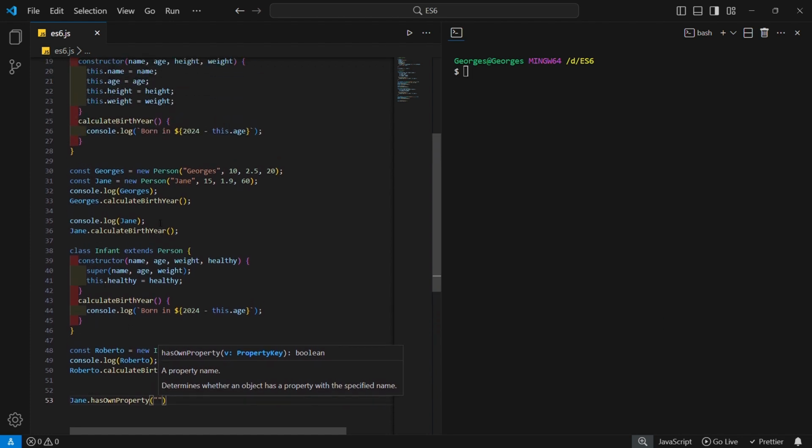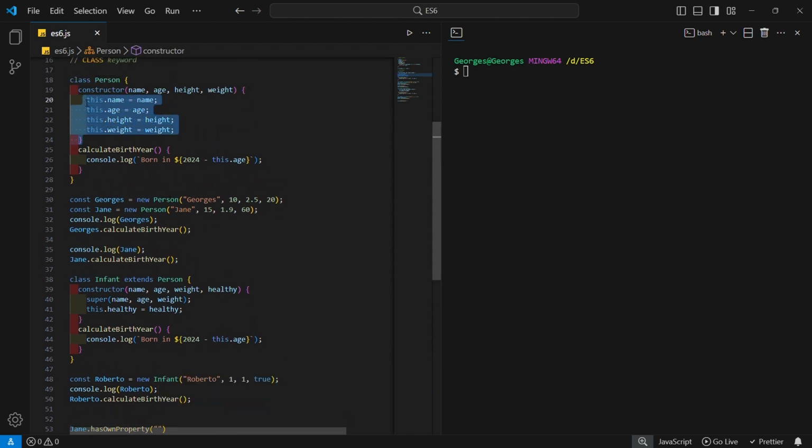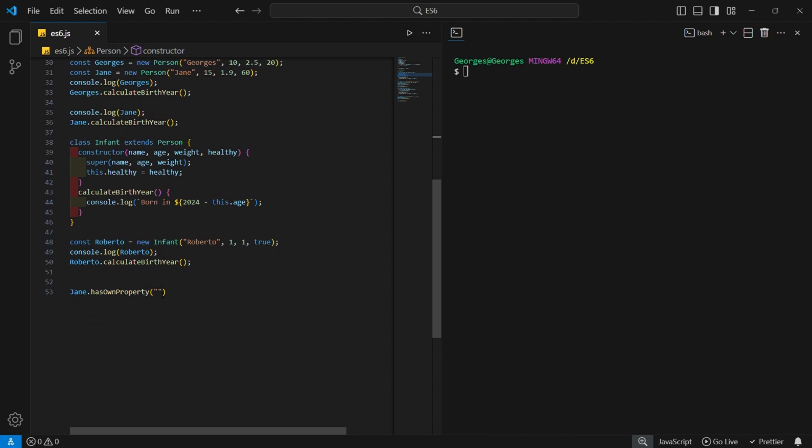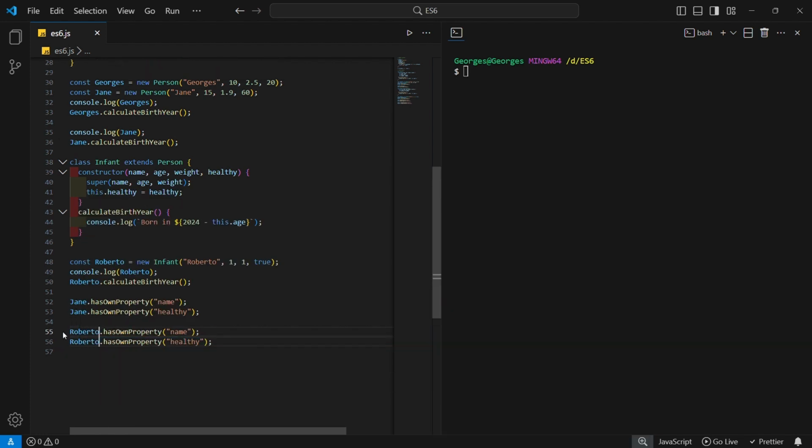So here we're trying to check if gen has the property weight. Then we're also going to check if it has the healthy property. So we'll check if it has own property healthy. And I'm just going to use the same things to also check the infant class. We have an object there named Roberto, so I'll pass in Roberto to check the infant class. So if we run this script,